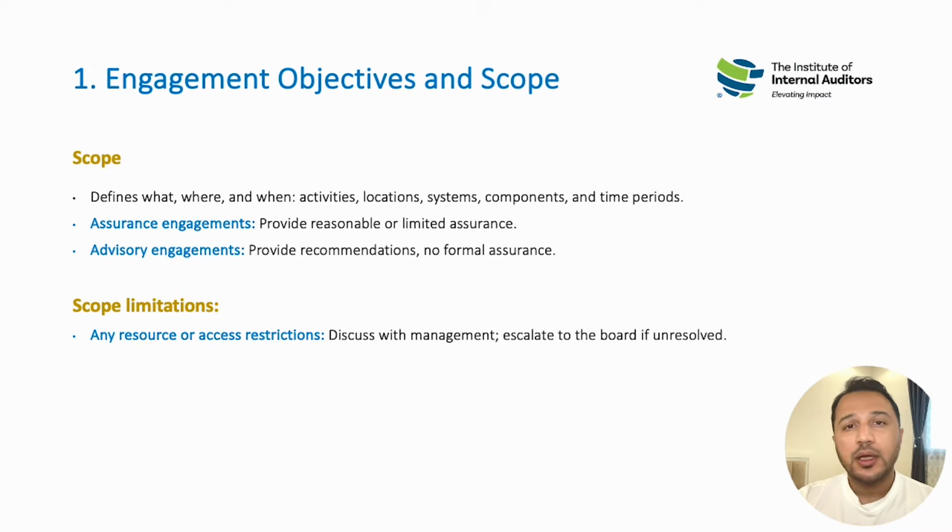Scope limitation basically falls in a negative term, and there is another term which you need to understand, which is out of scope. So the first one, scope limitation, is where there are certain areas that we want to cover in order for us to achieve our audit engagement results. The management or the environment restrict us from performing the audit procedures needed to achieve those objectives. Such a scope limitation we raise to the management, and we also raise it to the audit committee if it is unresolved.